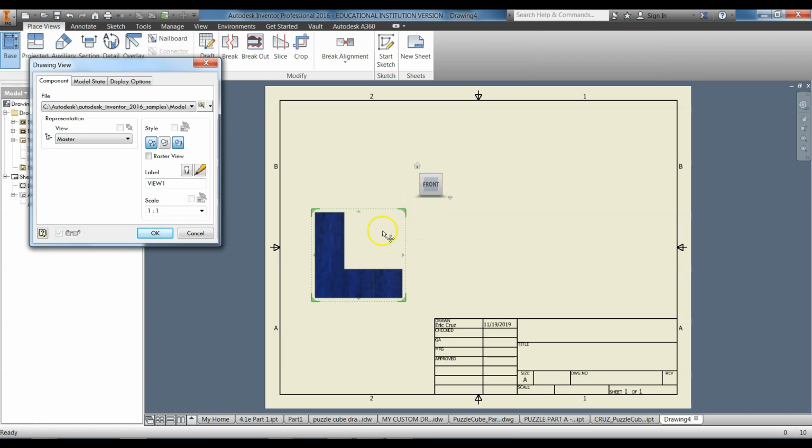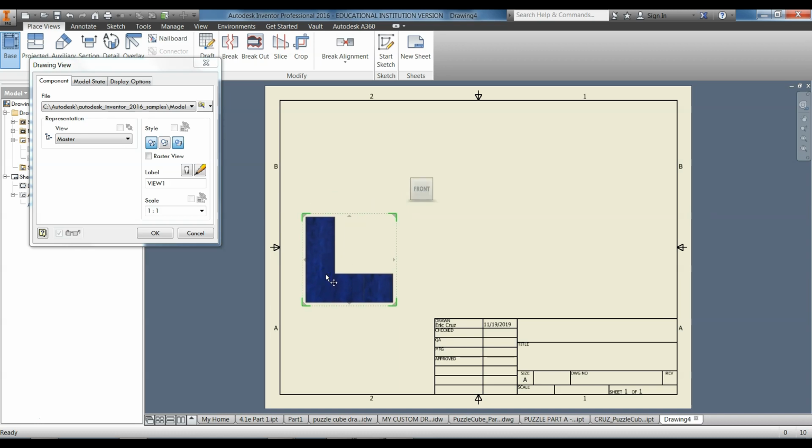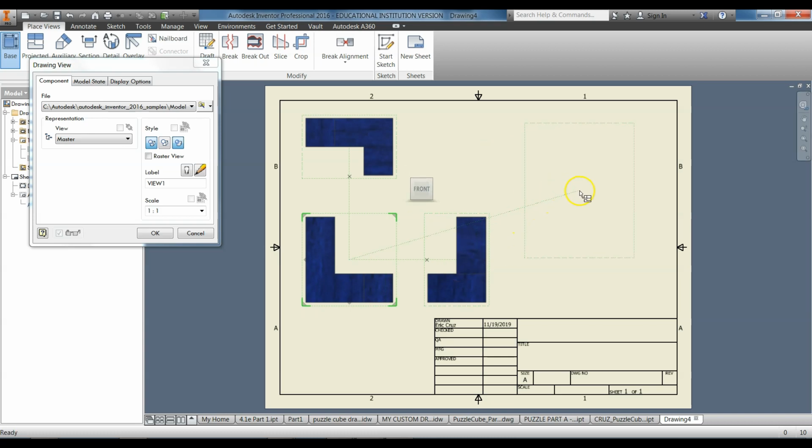So the front view is always going to be on the bottom left. So you can click and drag that and grab it. Now let go of all the buttons and move your mouse to the top view. Click one time and it's going to place the top view. Move your mouse to the side. Click one time and it's going to place the side view. Move your mouse to the top right corner and click one time and it's going to place an isometric view. Now this isometric view moved outside of this box. I'll move it later. I'm going to click OK,